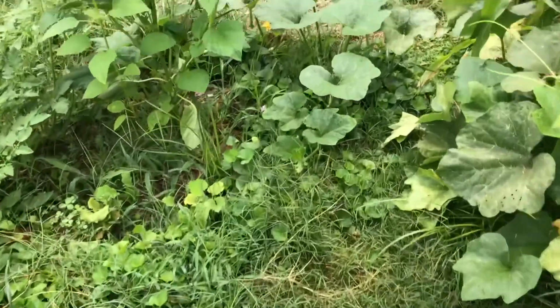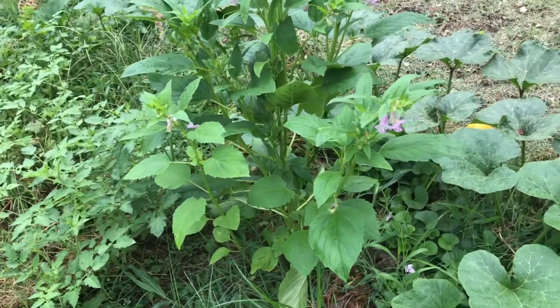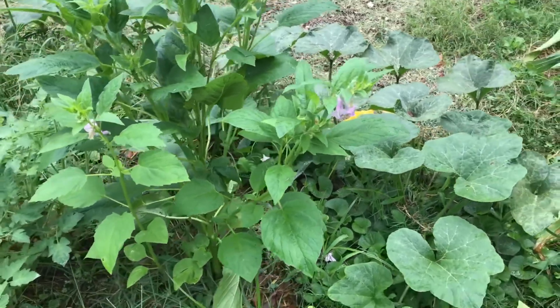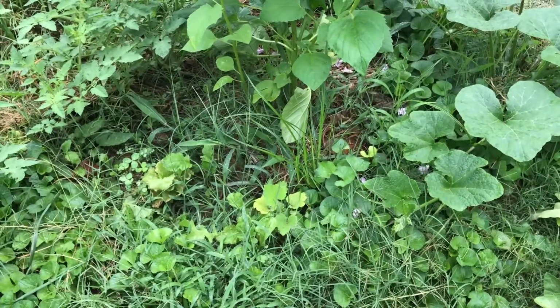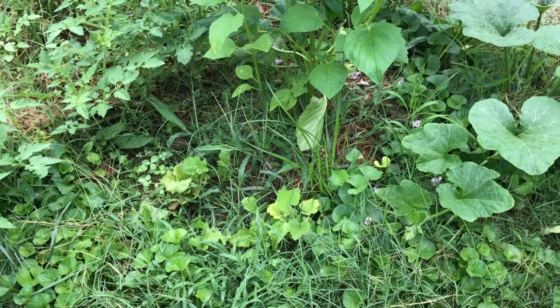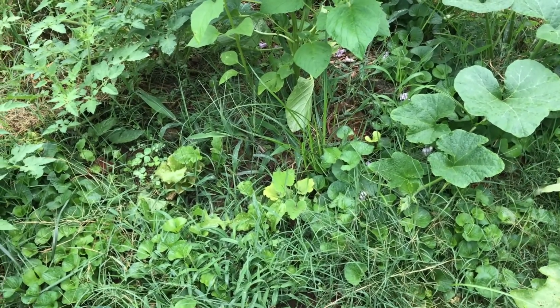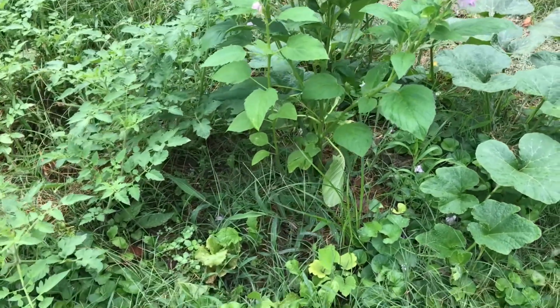Let's see. Here's this sesame plant. Some genetic variation going on. I must have something good going on. I thought I started with basically a monoculture of sesame seeds. I've not done too much mixing with the genetics, but this does look kind of different from the other couple